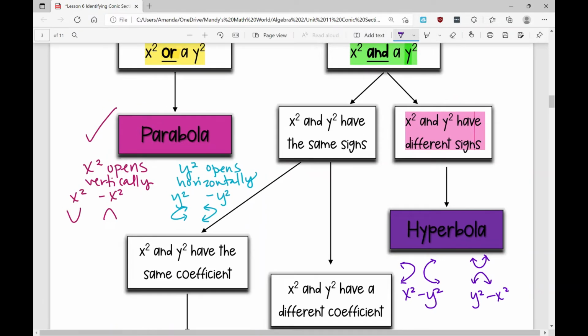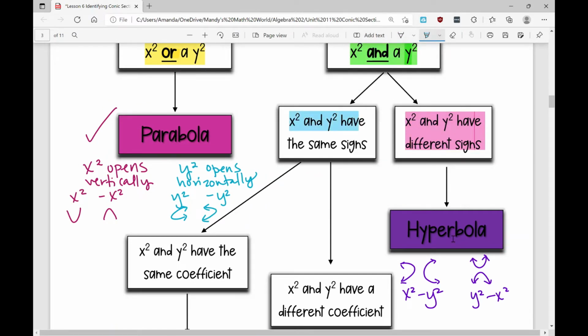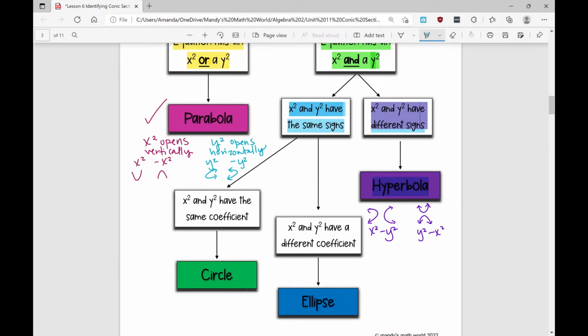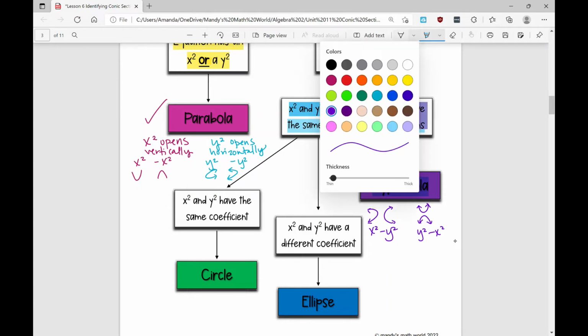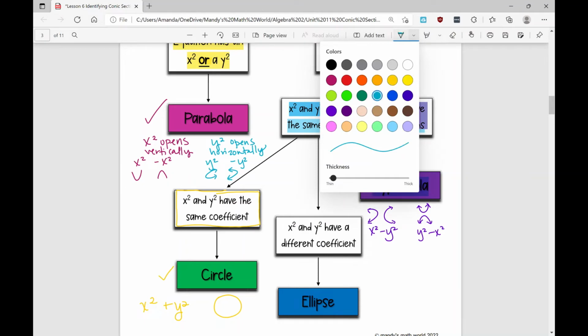So now let's go back to: what if x squared and y squared have the same sign? Well, now it's either going to be an ellipse or a circle. If x squared and y squared have the same coefficient, you're looking at a circle. X squared plus y squared, you're looking at a circle. If they have a different coefficient down here,